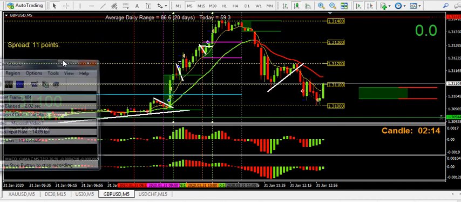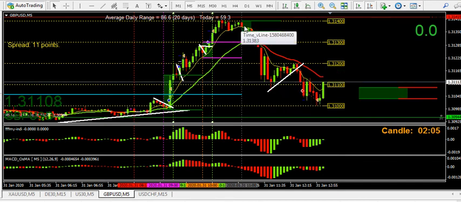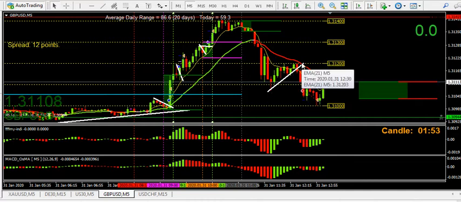Fourth trade, fourth winner, and I got in a little bit late with this trade, but here's the logic behind it. We can clearly see there's a massive reversal going on here. In fact, there's more power to the downside than there was to the upside, in my opinion, with these big moves here. And then what I could see was going on was this candle here was really my